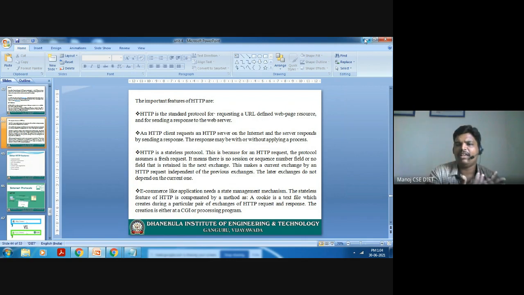It does not have a sequence number. It does not have data about the session. That's why every transaction feels like a fresh one. So later exchanges do not depend on the current one. Usually e-commerce applications need this state management mechanism. For e-commerce sites like Amazon or Flipkart, the stateless feature of HTTP is compensated with a method such as